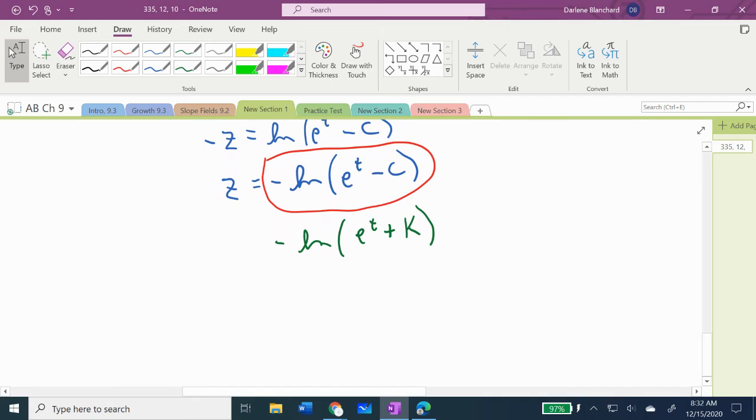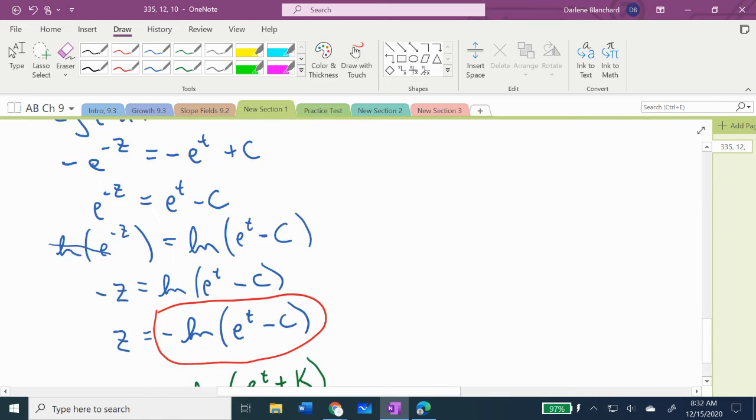Also, another way it could be written is the negative multiple in a logarithm is allowed to become an exponent. And if negative 1 is an exponent, then that means reciprocal. So a variety of ways that z can be written. Then,